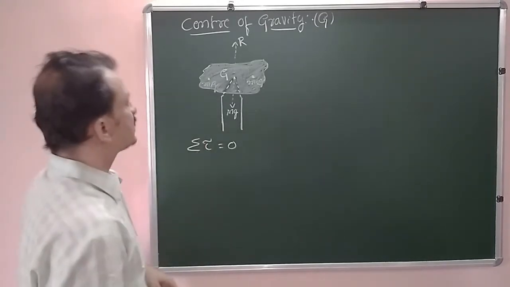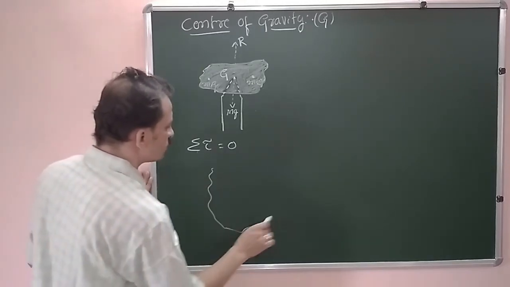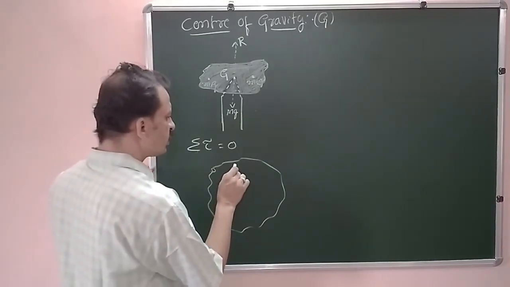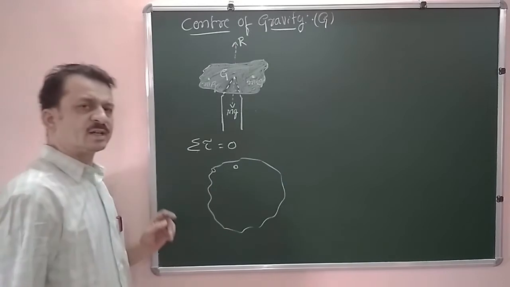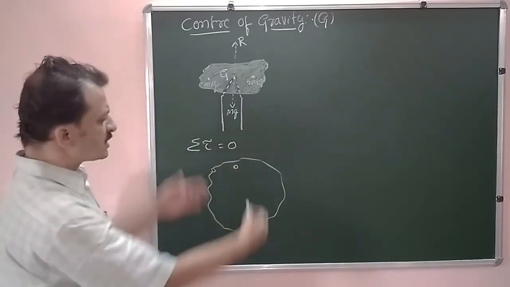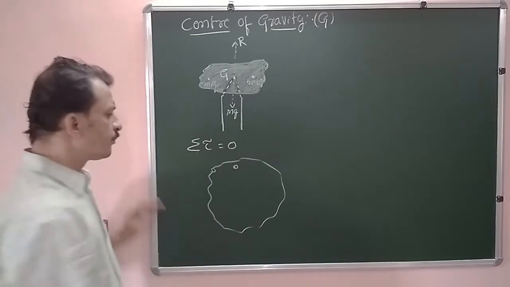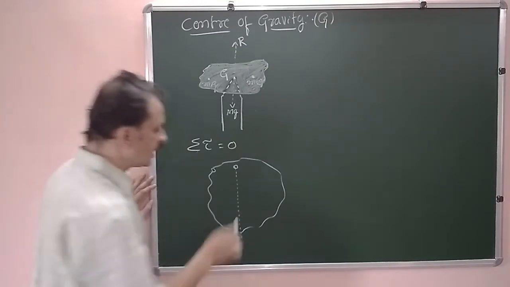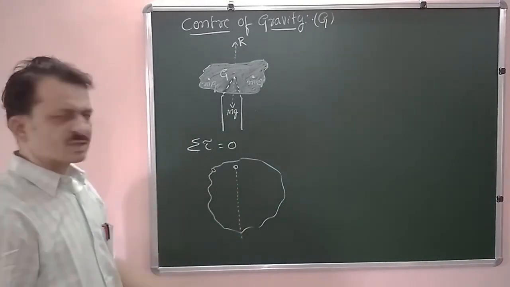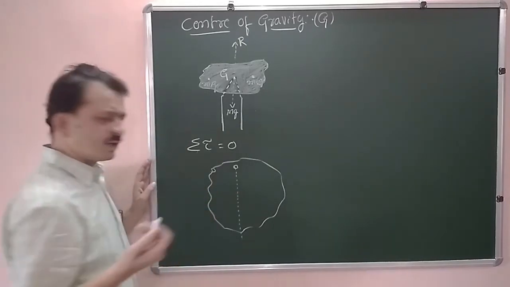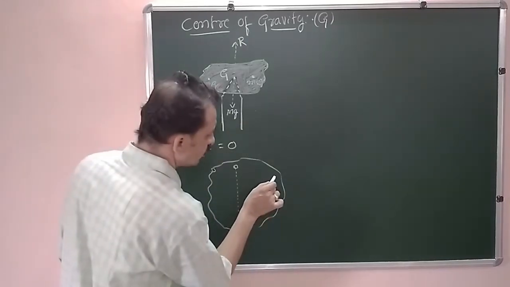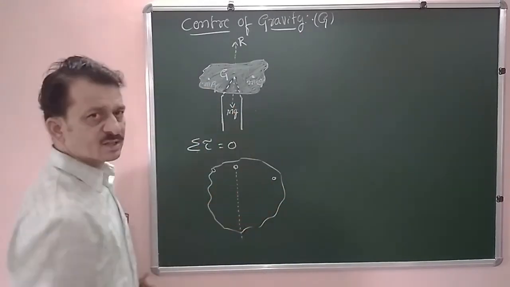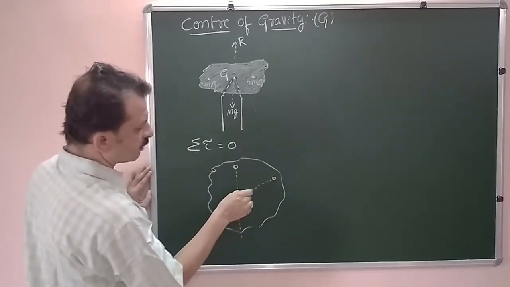Now we can determine the center of gravity of an irregularly shaped object. Consider an irregular shaped object. Pivot it at this particular point. As and when the object comes to rest, draw a vertical line. That vertical line passes through some point. Now take away the object and fix it at a second point. Now draw the vertical line for that one.